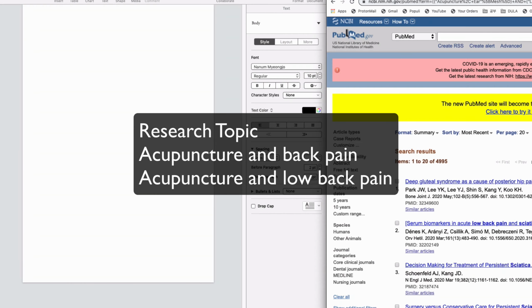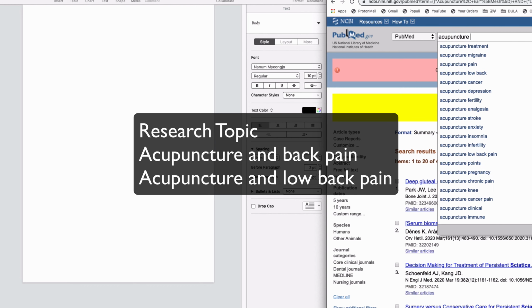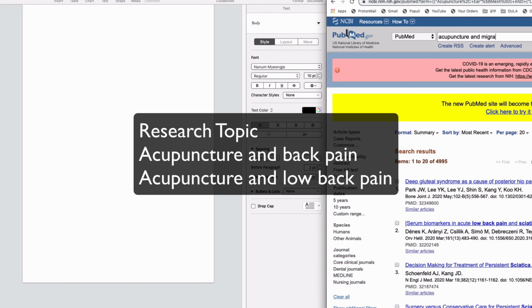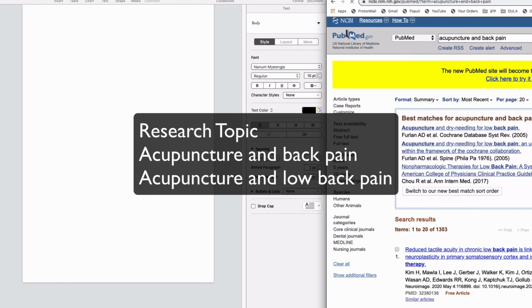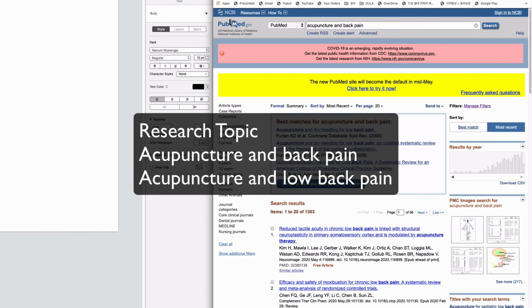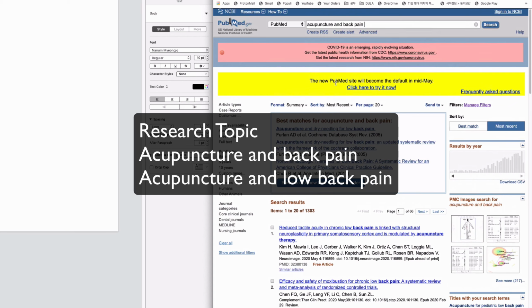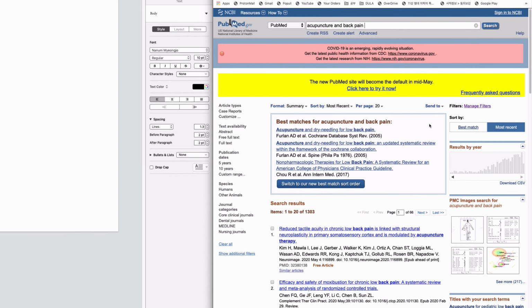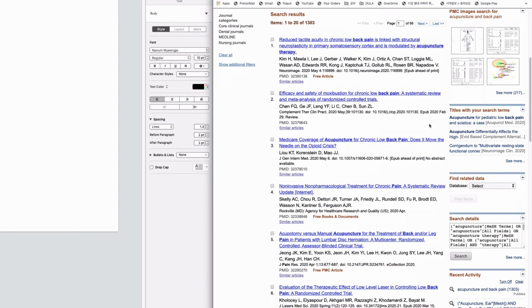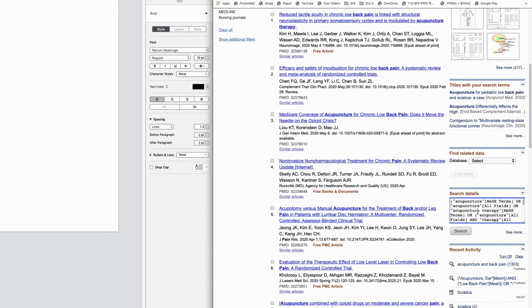You are trying to find some information regarding acupuncture and, let's say, back pain. Probably this is a term you usually use when you start to search, and you came up with 1303 articles. And the point I want to show you is,